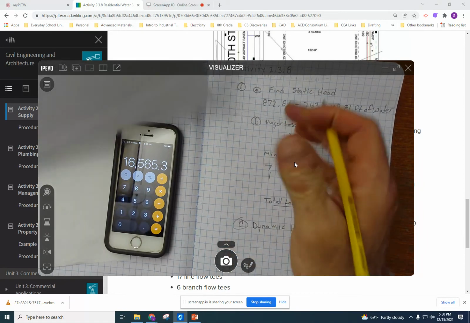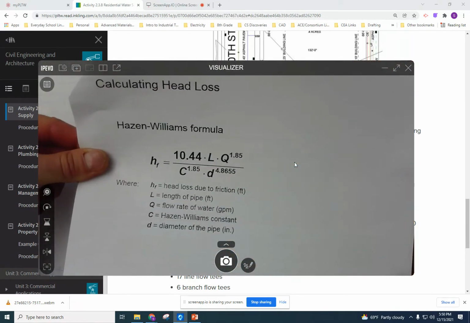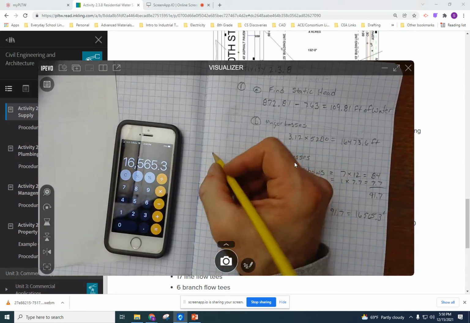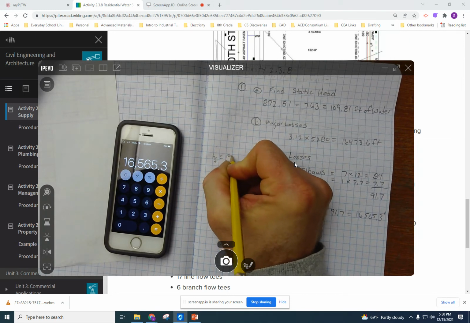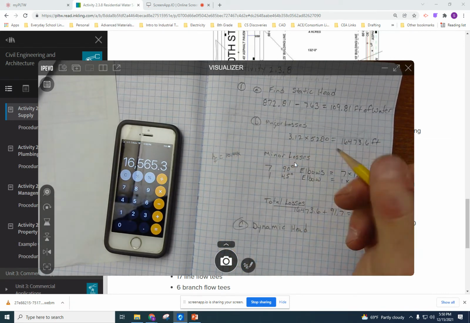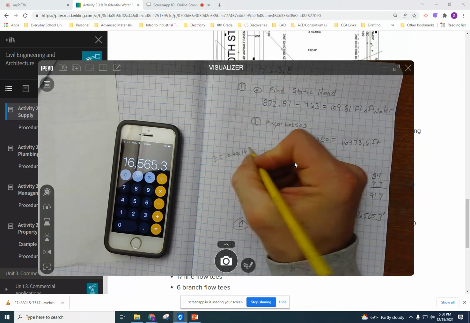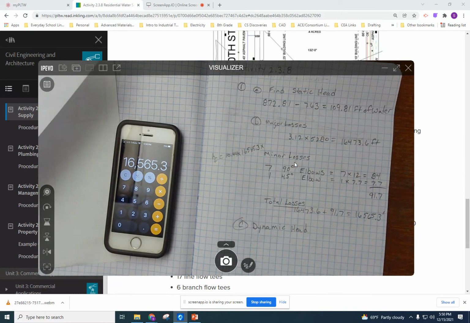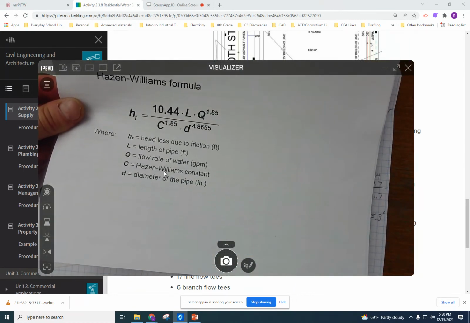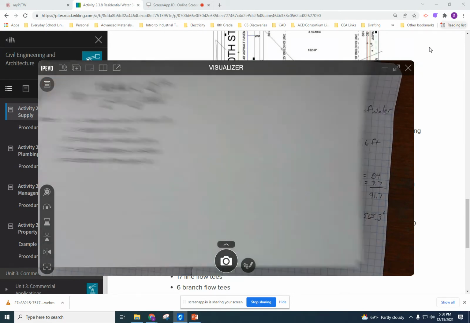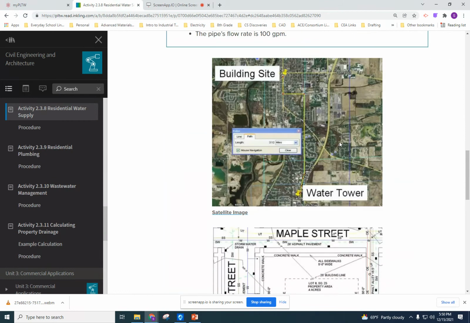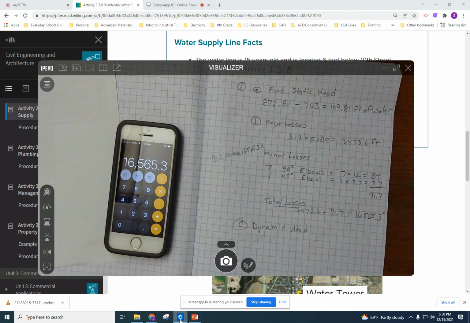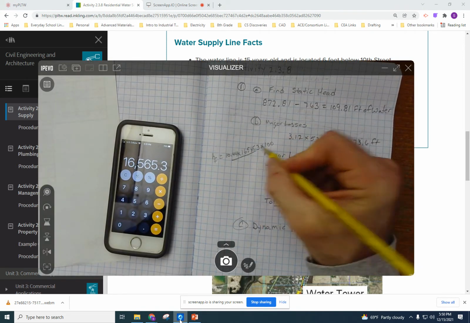So our HF, I don't want to rewrite this formula, so I'm going to rewrite it with the values in here. HF equals 10.44 times this number right here, 16,565.3, times Q. Q is our flow rate. If we go back, they gave us that, didn't they? 100 gallons per minute. That is our flow rate. So times 100. That all gets divided by